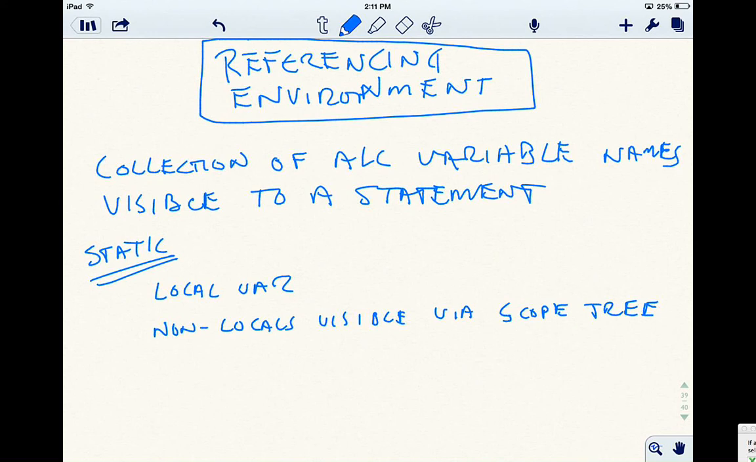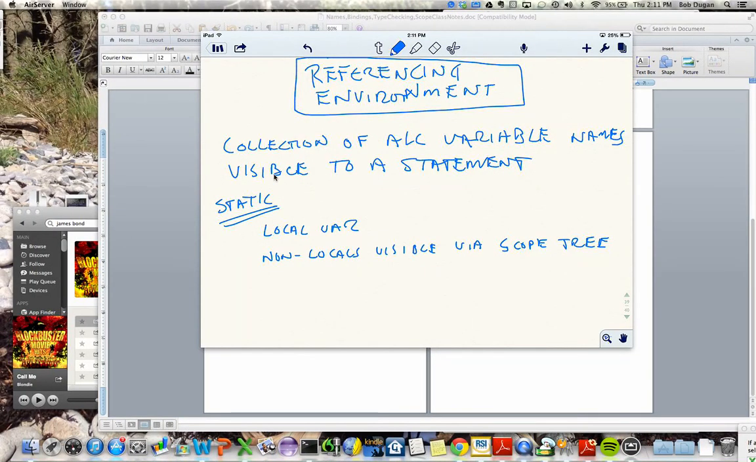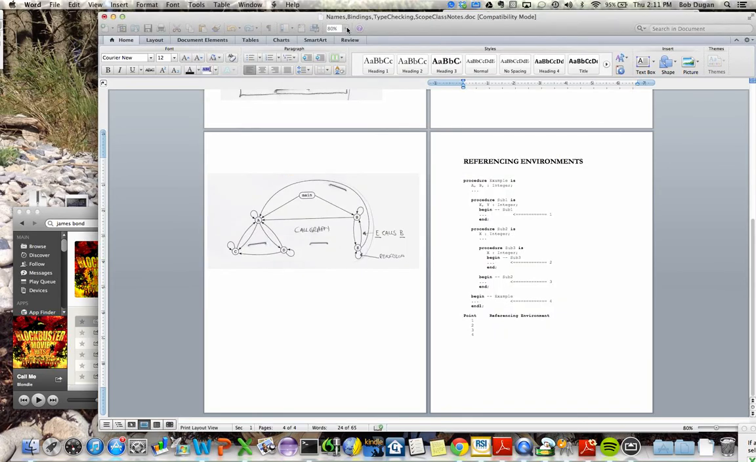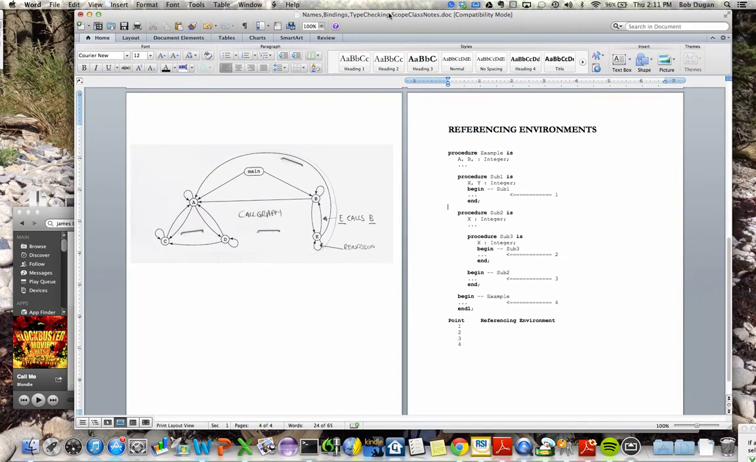Let me hit escape. And I want to bring this up. Let's go to 100%. And okay. So over here on the right hand side, we see another example of some Ada code. It says procedure Example A is, B is an integer. So we've got a declaration of Sub1 and Sub2 and Sub3. And then I've got these arrows, 1, 2, 3, and 4. And what I want you to do is fill in, let me make this just a little bit bigger,